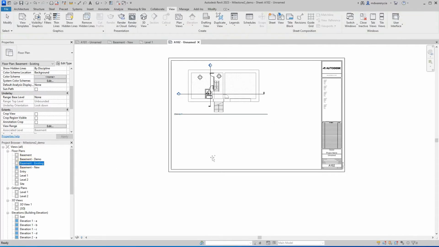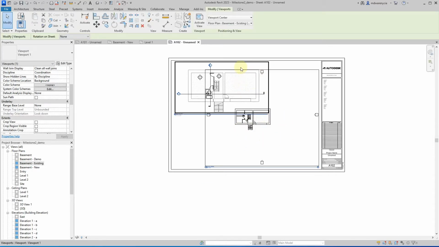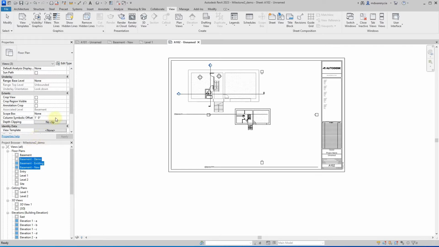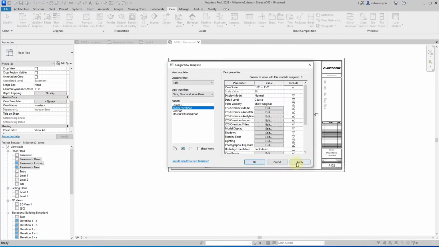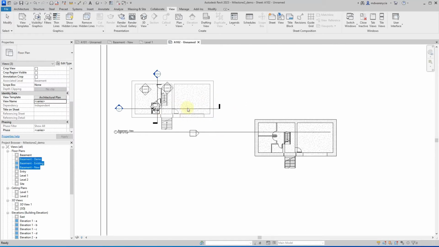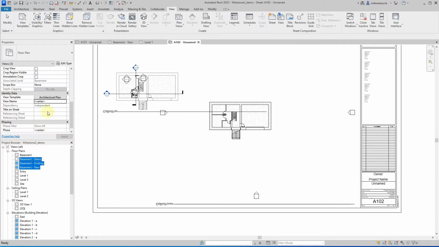Okay, there's new, existing. Let's say that I wanted to format these all together. Again, I could select both of these plan views, and let's grab this one as well. I'll leave that one as my working version. Choose a view template, we'll go to architectural plan, apply it, hit OK. And it's mostly formatted again kind of how we would want, but let's say that for whatever reason we had